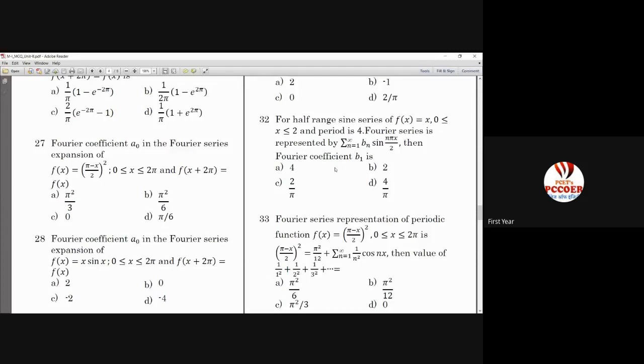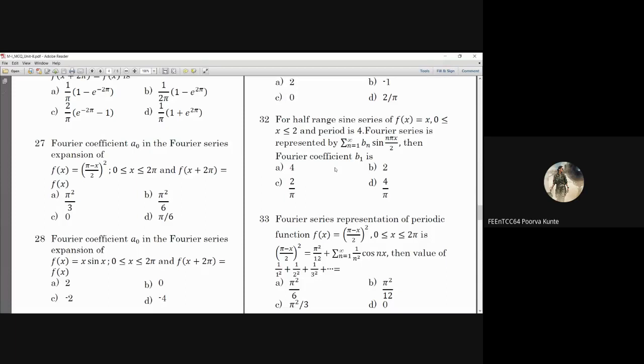So 2 by 2, integration 0 to 2, f of x, that is x, into sine of 1 pi x by 2. So x into sine pi x by 2 is your integrand. What will be the integration? The first integration will be minus x into cos of pi x by 2 divided by pi by 2. So the 2 and 2 outside have cancelled, and your limits are 0 to 2. So minus 2 into cos of x equal to 2 will give you pi by 2. That is going to become 0. So the next term you'll have to calculate. Do the calculations quickly and tell me what answer you are getting.